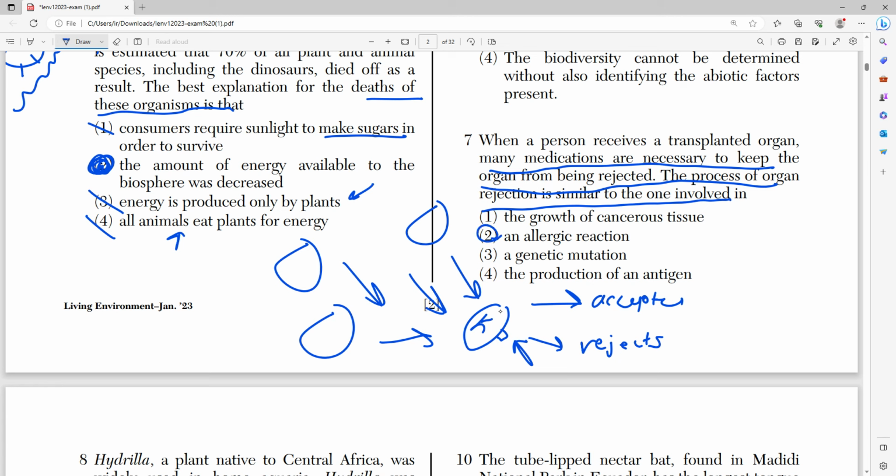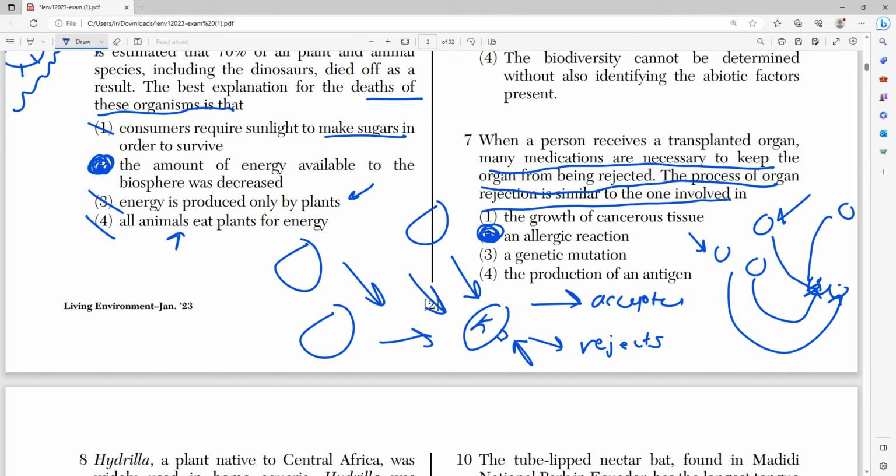And this is very similar to an allergic reaction where, for example, let's say this is your nose, right? And you have pollen coming into your nose. This pollen is a foreign body. For many people, their bodies detect pollen as a foreign body. They think it's harmful, much like the new kidney is a foreign body, and it sends out these immune cells, these white blood cells, to go and attack the pollen found in the blood, right? So the rejection of organs, where you have all these cells attacking it, is most similar